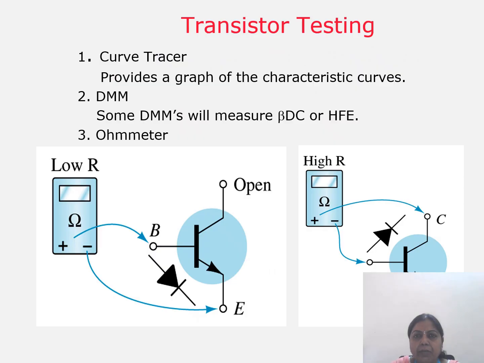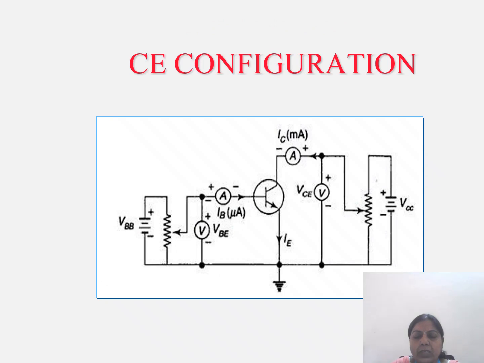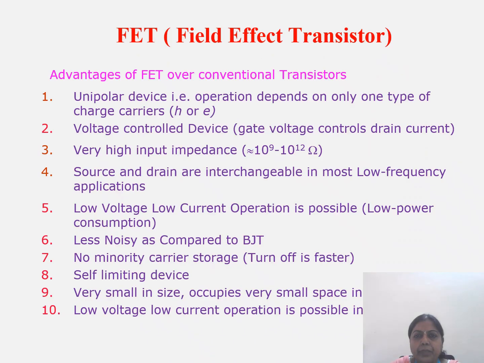So this is testing of a transistor by using a digital multimeter. They connect the multimeter to the base and emitter terminals. We can measure the input resistance and output resistance, from which we can tell whether the particular transistor is working or not. So this is a diagram for the common emitter configuration. Here in the bipolar junction transistor, the output collector current is controlled by an input current. Therefore, we can call this a current control device.